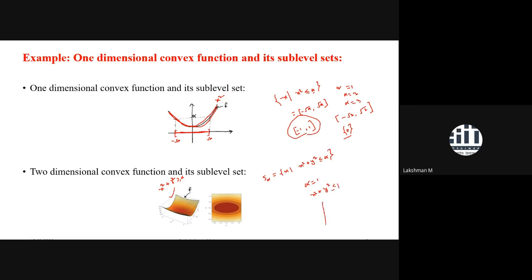If you try to see the sublevel set, always see it in the domain space. So it is talking about a disk with radius 1. In this area, you can see that it is a convex set. So it implies that convexity of a function implies every sublevel set happens to be a convex set. So this is the test. This test is only for non-convexity, and doesn't apply for establishing convexity of a function.